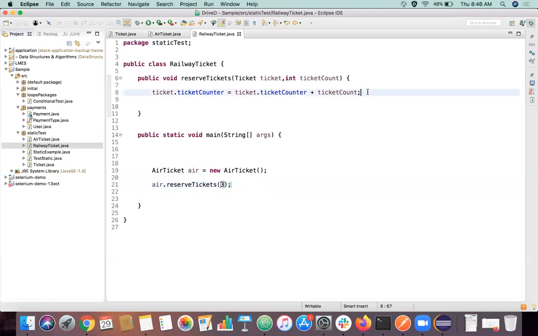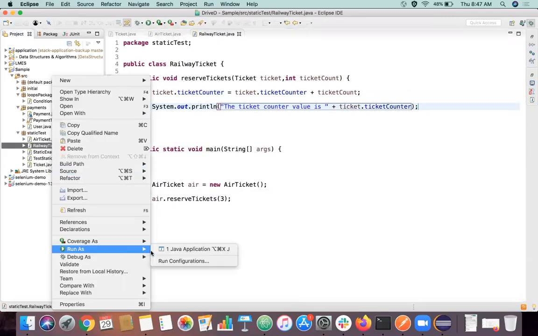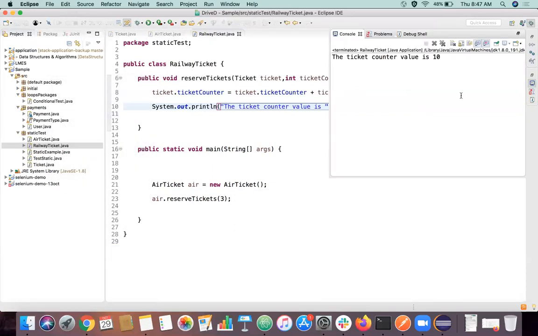I'll just try to print this. Try to run this. So now it is 10, right?